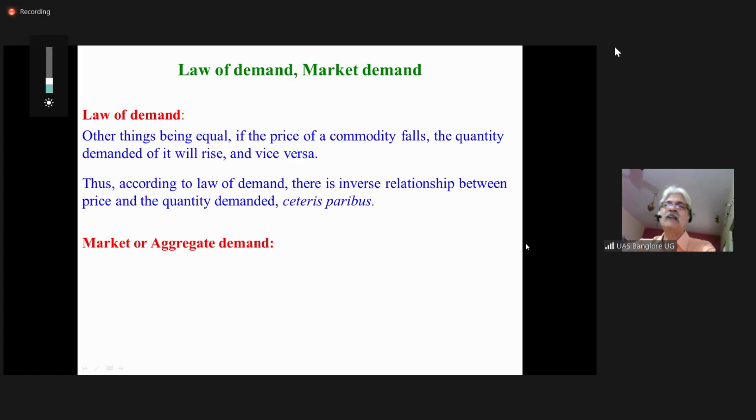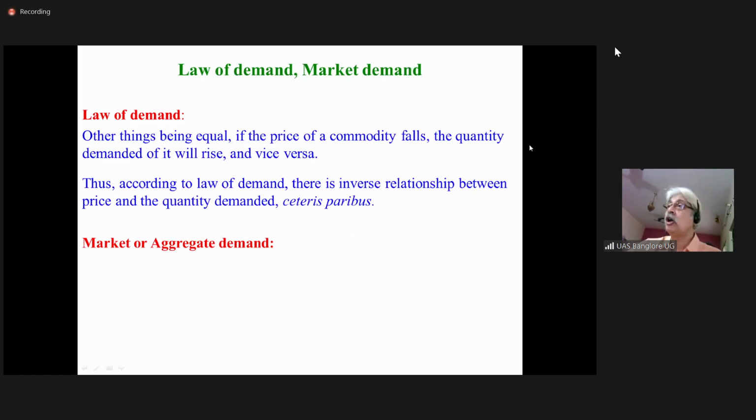So I demand 100 kgs, Devendra demands about 50 kgs, 150. Then Gautami demands about 80, 150 plus 80, 230. Gavi Siddesh, he demands, say, 30 units. So 230 plus 30 is 260. And K here demands about 40. So 260 plus 40 kgs, total is 300 kgs. So that is the market demand or aggregate demand.